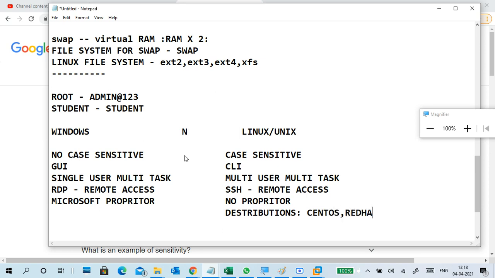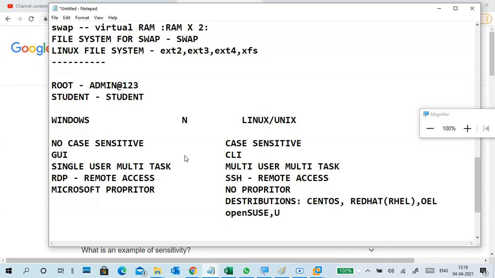Red Hat is the actual enterprise Linux, Red Hat Enterprise Linux, RHEL, and Oracle Enterprise Linux, OEL, openSUSE, SUSE, Ubuntu, Linux Mint, like that.